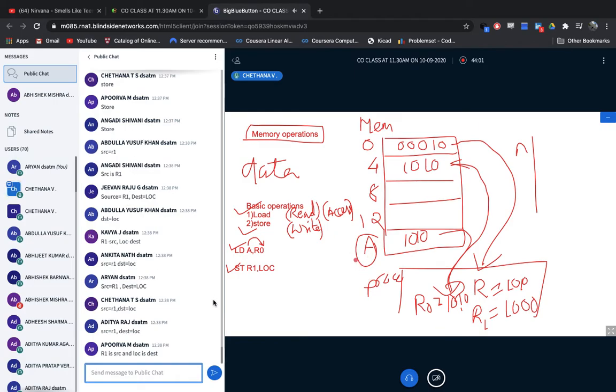Shall I write it here? Location, LOC. Here only I'll write LOC. I'll add here, this is memory. Please don't get confused. This is memory. Now, what is my LOC now? Question mark for you. What is LOC? Inside the memory, LOC is there. That's the address. So now tell me what is LOC according to the second instruction. What data should I copy into my LOC?